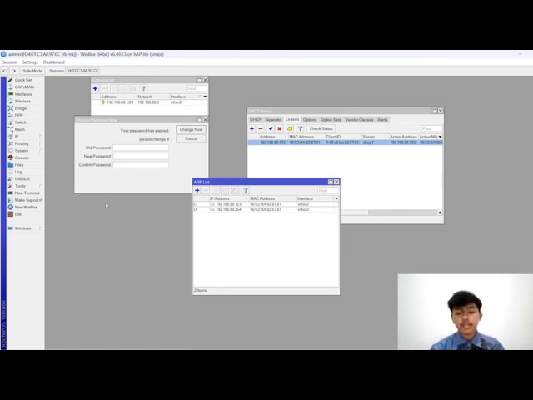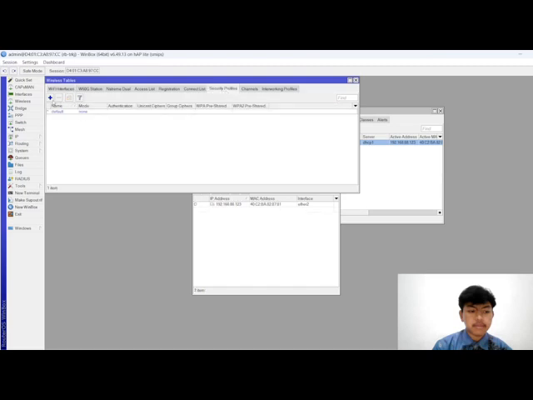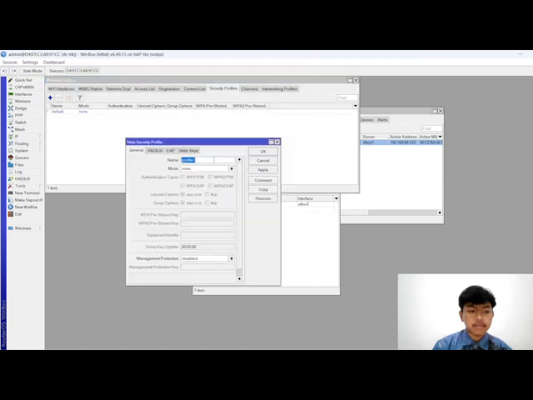Finally we connect the router to the internet using ether 1. We enable the DHCP client on ether 1 and not wlan. You can click wireless, enable wireless, click security profile, and add a name up to you.